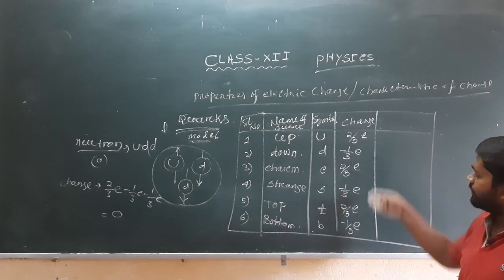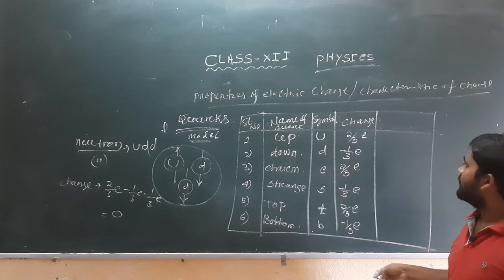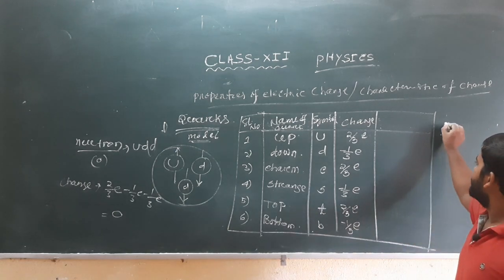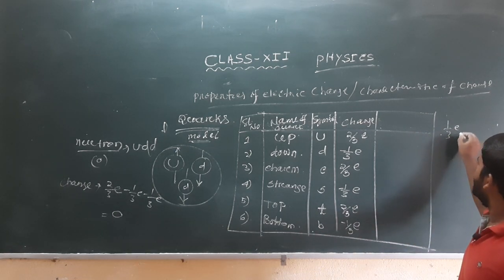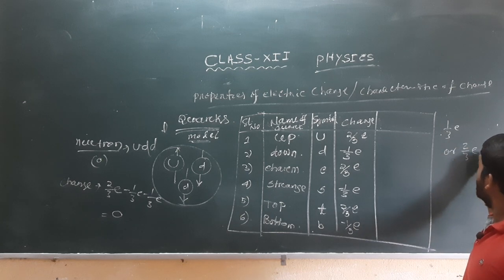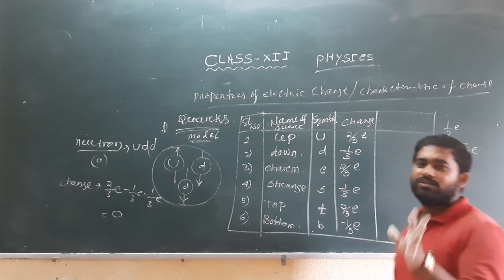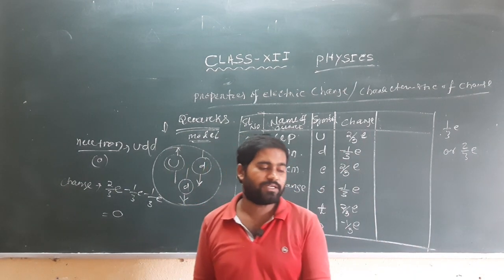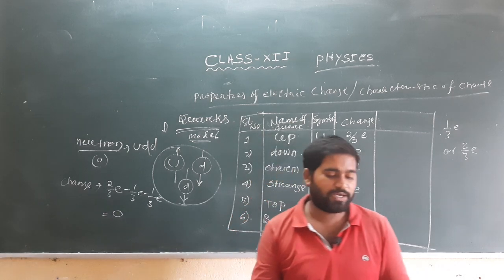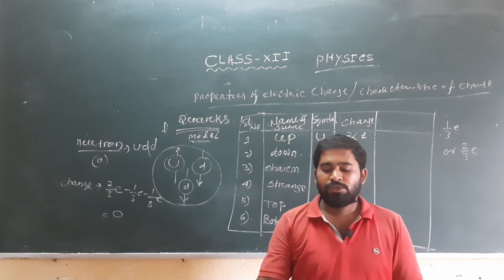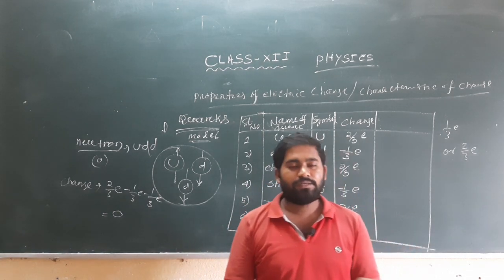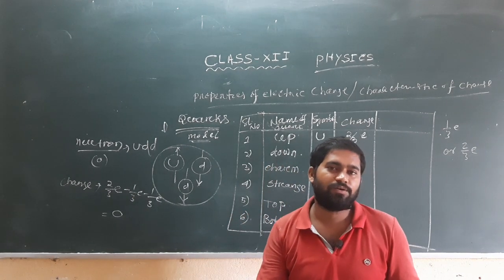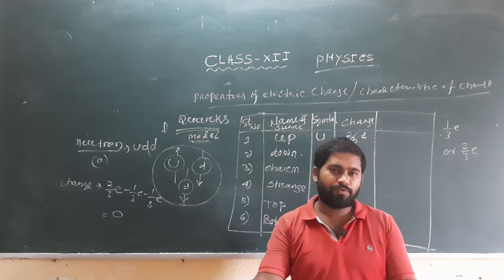And the charges of all the quarks are like this. We can say that quarks are hypothetical particles that carry a charge of magnitude 1 by 3 or 2 by 3. These are the hypothetical particles given by scientists which are present inside the nucleus. Understand? In the next class we will discuss Coulomb's law in electrostatics,